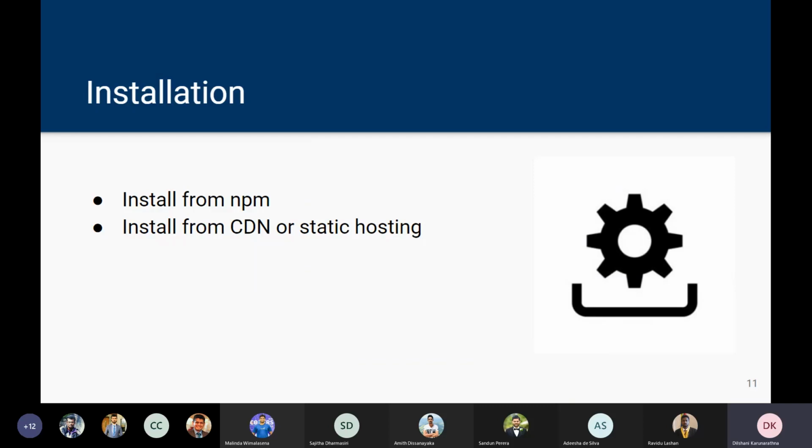So let's move to the installation. You can install Three.js with npm and modern build tools, or with static hosting or a CDN. Whatever the method, it should be consistent and import all files from the same version of the library, because otherwise it can cause duplicate code to enter or even crash the application in unexpected ways.